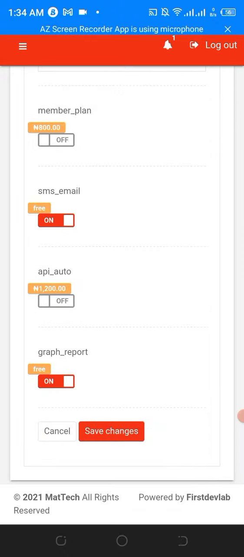Then this particular SMS email, you need to toggle it on. This simply means that if you toggle it off, you will not be able to receive messages to your email as a notification. So if anyone places an order on your platform, you will not receive it on your email if it is toggled off. So you need to toggle it on. This particular API auto is just for